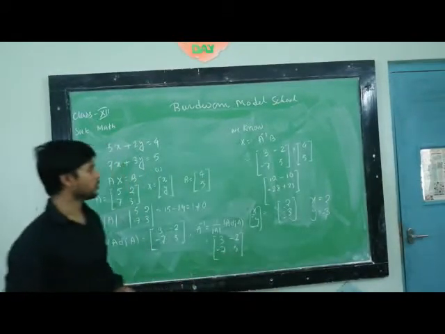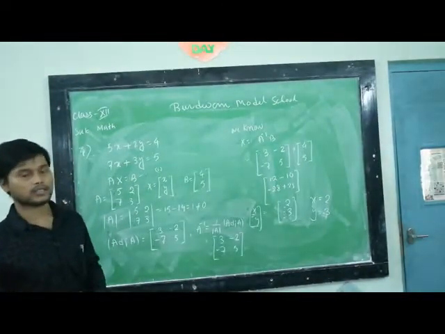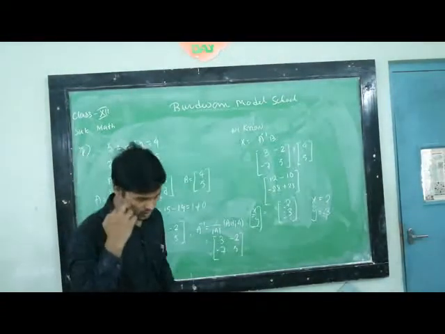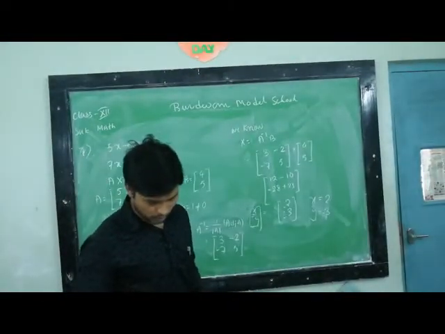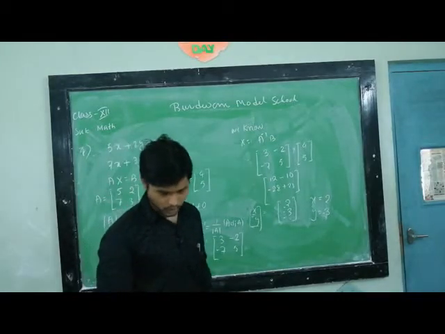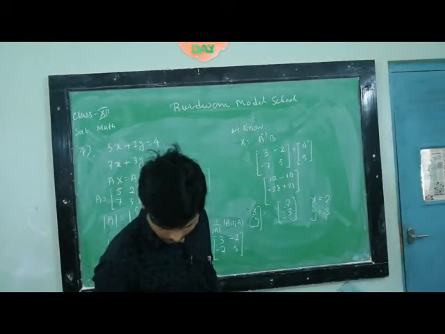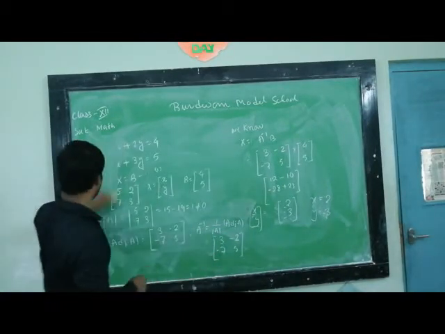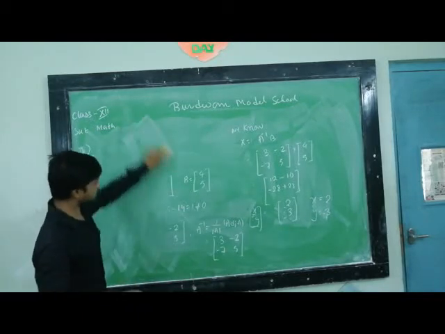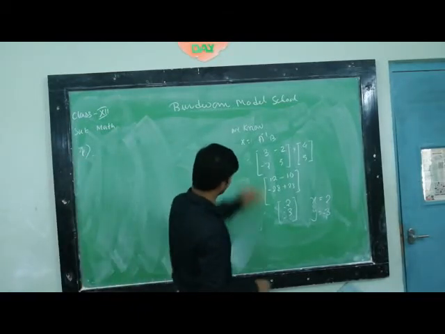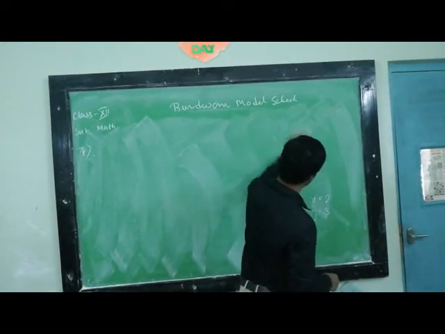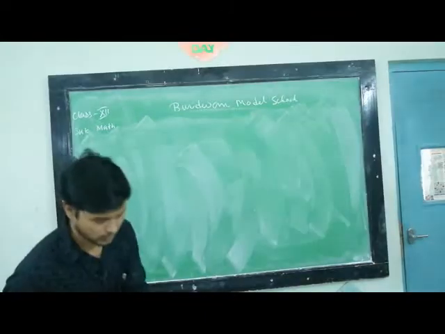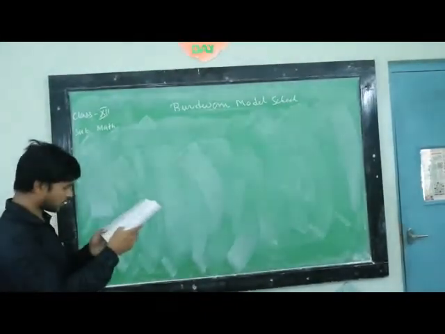So this is the procedure to solve a system of linear equations by the matrix method. This was a matrix of order 2 cross 2. Now we will solve another, a matrix of order 3 cross 3. We are choosing question number 11, which is the last question of this exercise. As all the remaining questions have the same procedure, I hope you can solve them by yourself. So let's check question number 11.